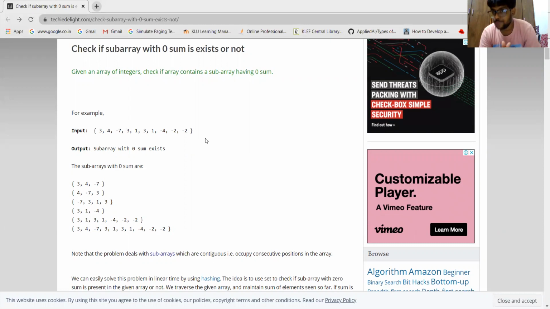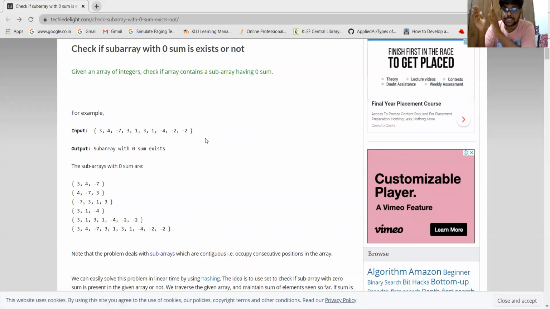I will store the numbers of this array in the form of a hash table, traverse number by number, and see whether zero exists in the hash table or not. If I find zero in this hash table, I will return true. Otherwise, no. Simple.